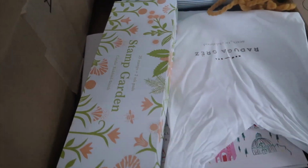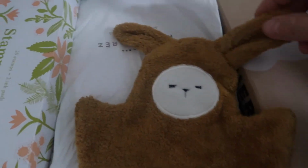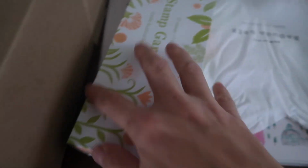And then this is a bath mitt sort of puppet. I thought this would be a good transition for when they start actually taking baths together. We can use this to sort of entertain the two of them. I also got this for a special lady in my life who might be watching this, so I don't want